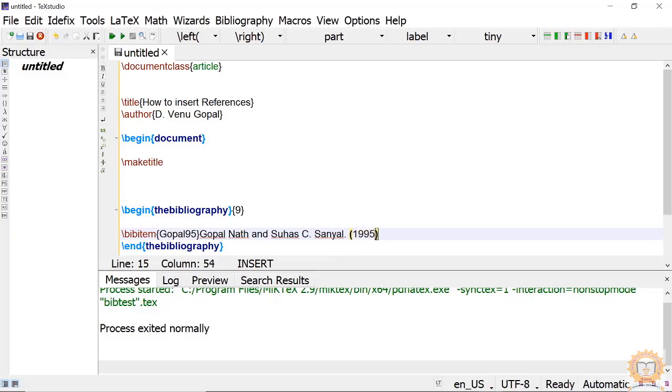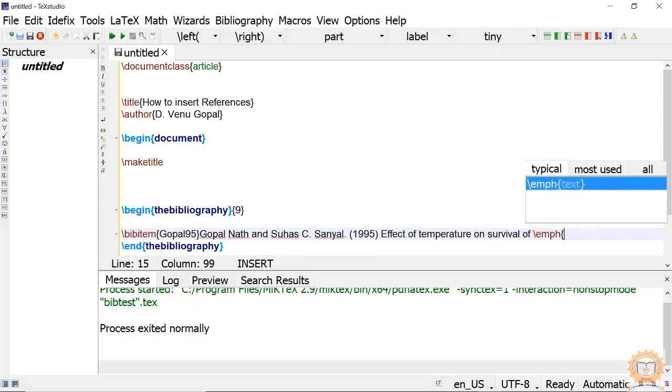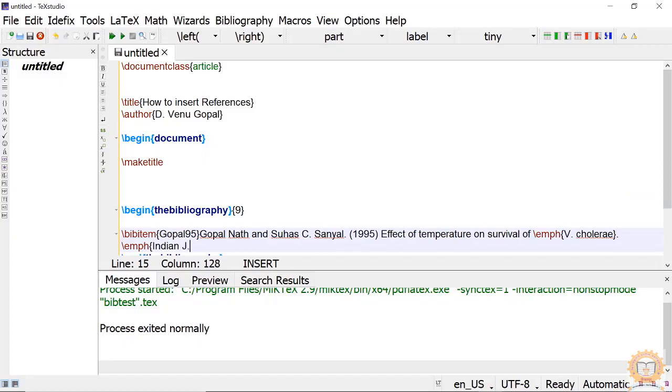Like, survival of, then the journal's name, you can write here also.